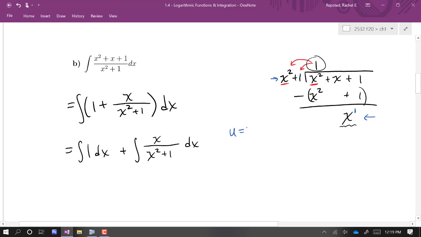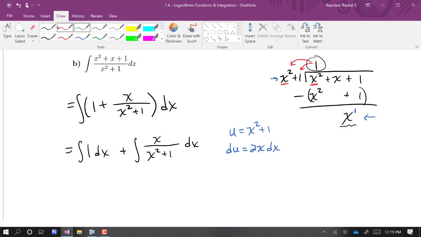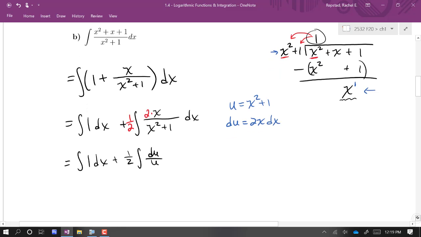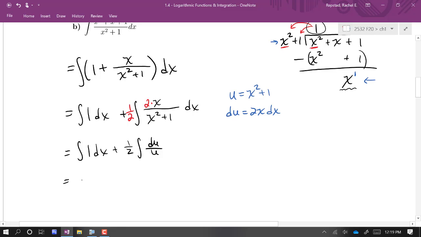If we let u equal x squared plus 1, then its derivative is 2x. So du is 2x dx. And I almost have du up top. I just need a factor of 2. I'm going to throw in the 2, and I'm going to compensate with a 1/2 out here. Now I've got the integral of 1 dx plus 1/2 integral du over u. Now I can go ahead and integrate the whole thing. The integral of 1 is x, and then I have 1/2 times the integral of du over u. Well, that's ln of absolute u plus a constant,